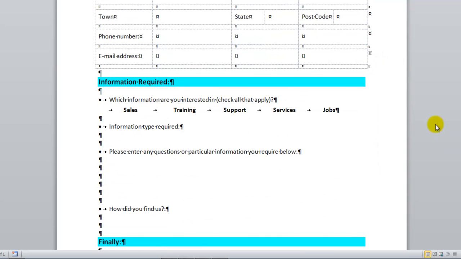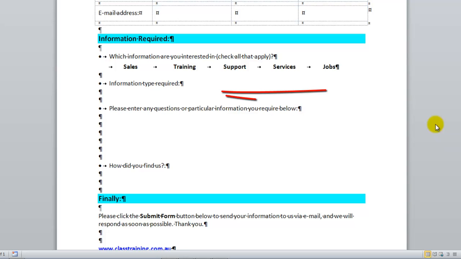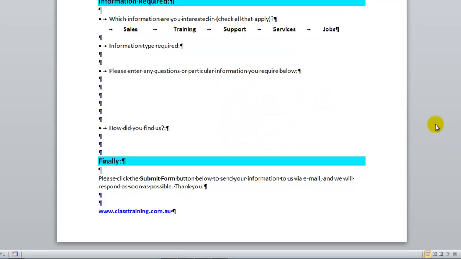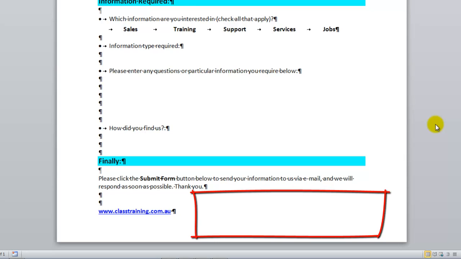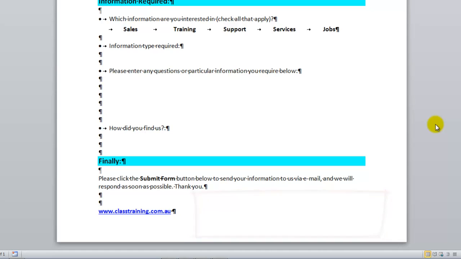Scrolling down, we've got others there. We've got other spaces being left there for our text fields, our drop downs, our check boxes as well. And at the bottom of the page here, we've got some space in the bottom right corner there ready to put our buttons that we will need for people to click to email the form back to us, or to print the document, or to save the document, whatever we want to try and implement as far as the features are concerned. So obviously it requires a bit of planning to outline what you want to have in your form,